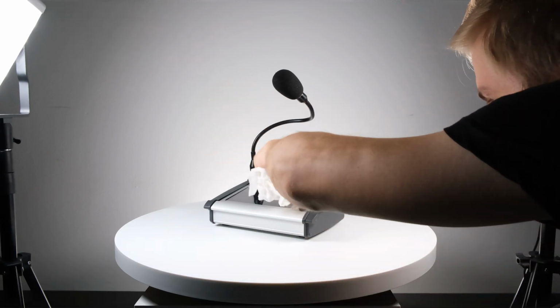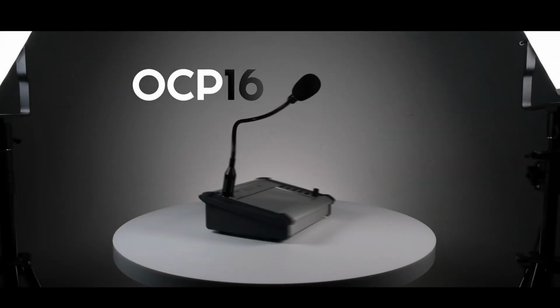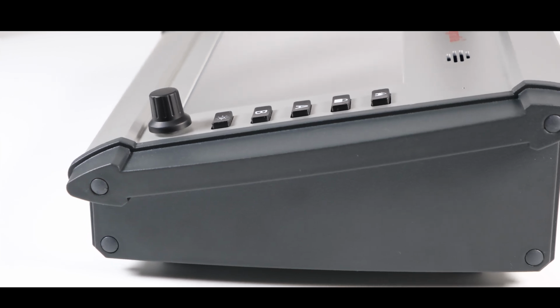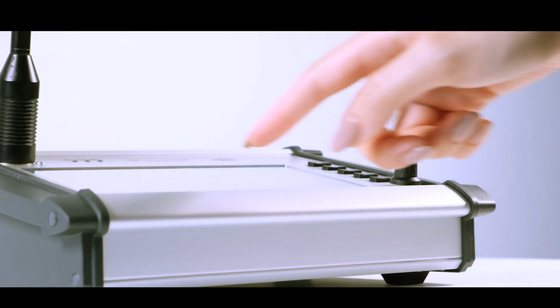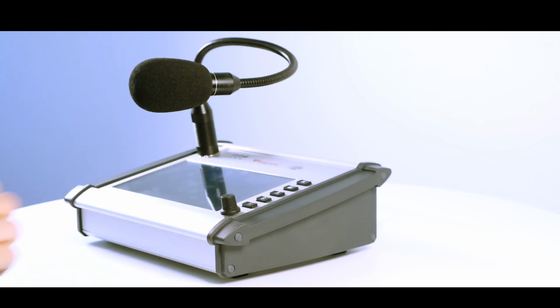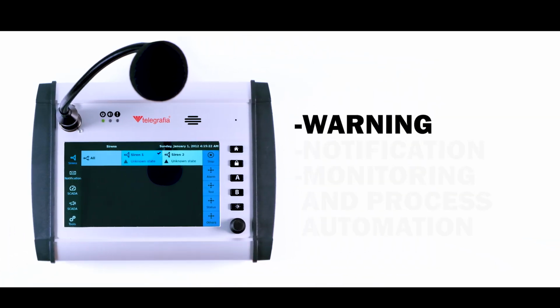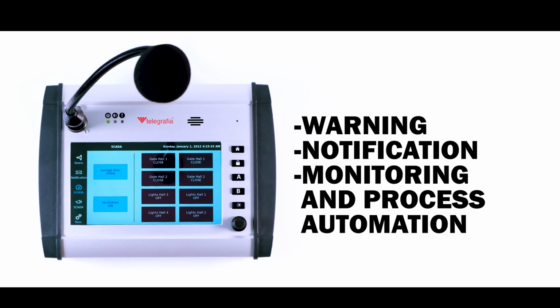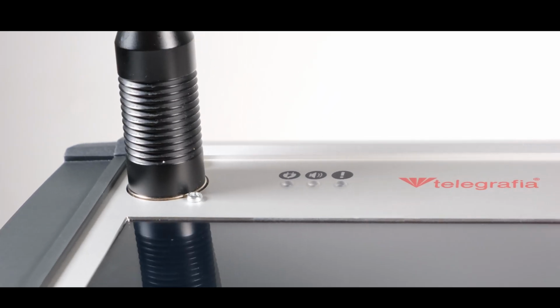Telegrafia presents the OCP16 Operator's control panel, a multifunctional device tailored to suit your control center. The OCP16 features a full-color 7-inch touchscreen for easy and intuitive operation. Thanks to the advanced warning, notification, and monitoring and process automation functions, you make the right decisions quickly, even in